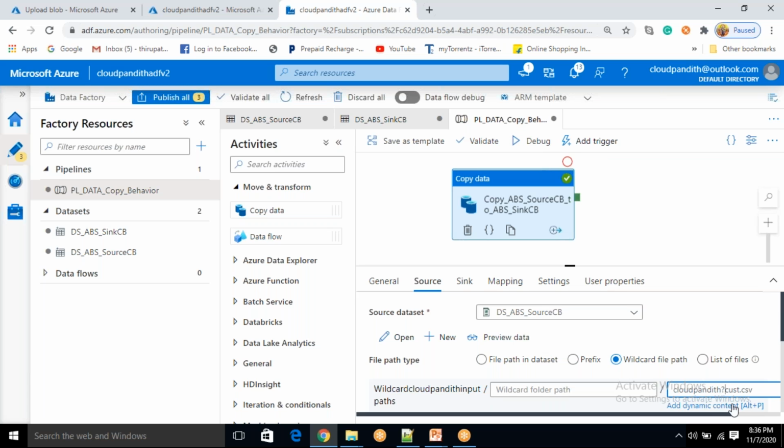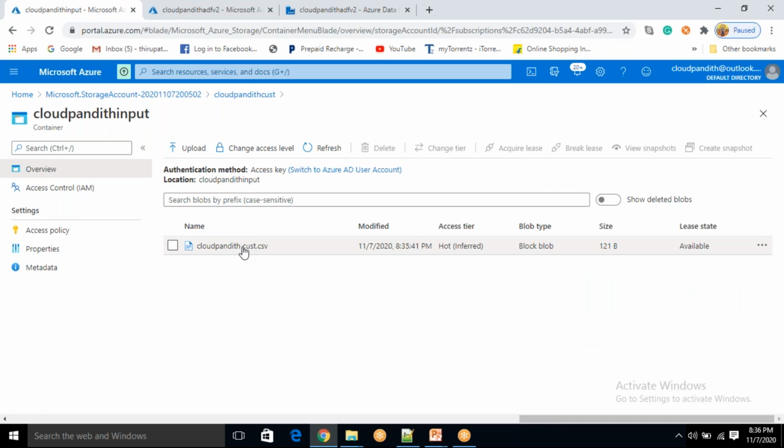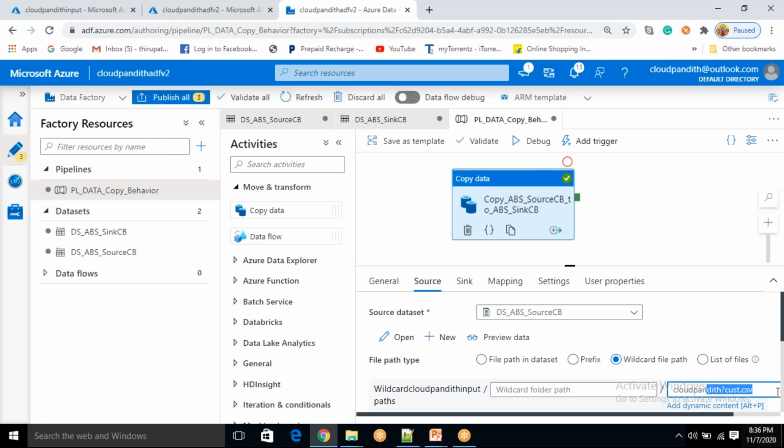Everybody's clear, friends? This is the file I have in my input container, but the problem is that it has a space. In the wildcard option, I said that between Cloud Pandit and cust I can have anything, even a space: please allow it, pick that particular file and load it into the output.